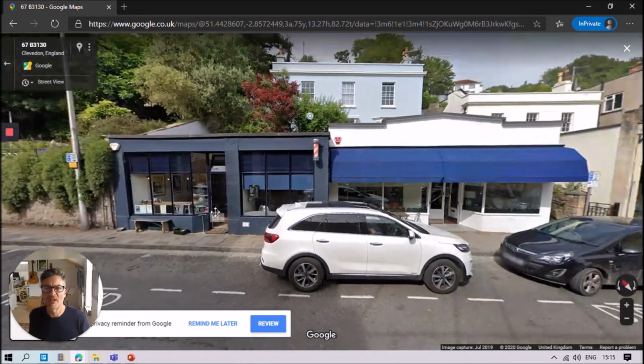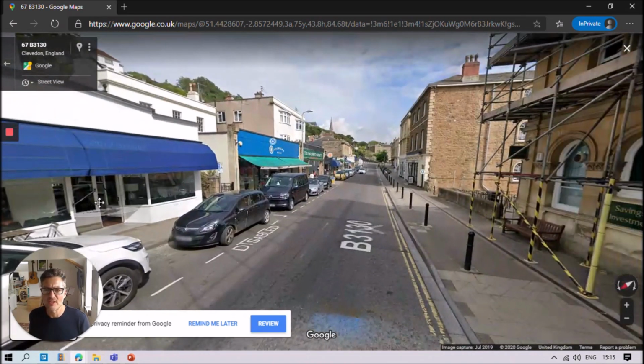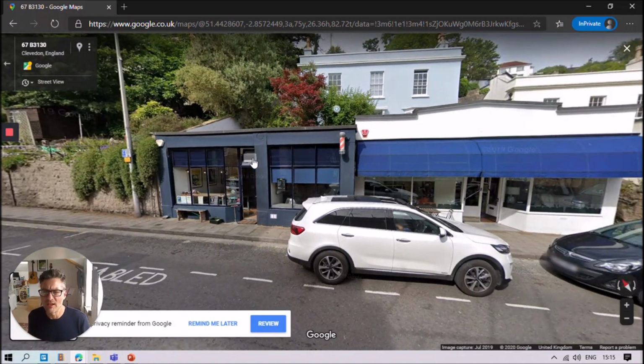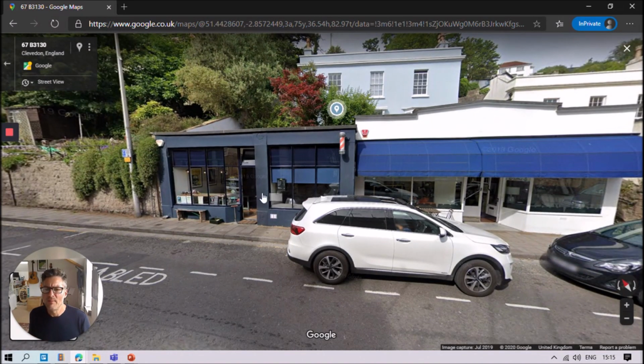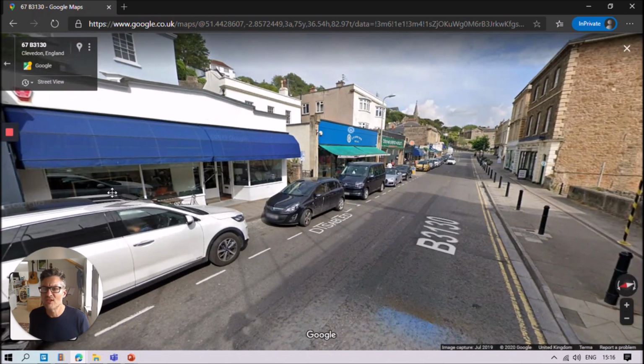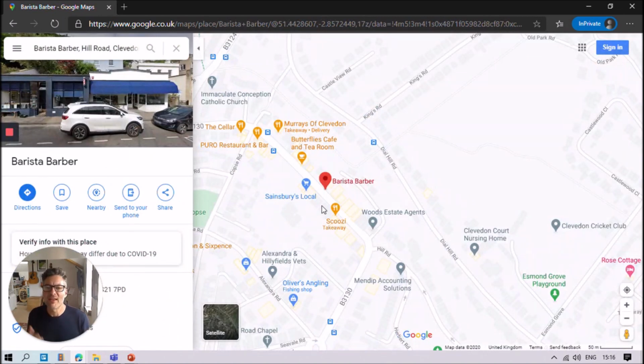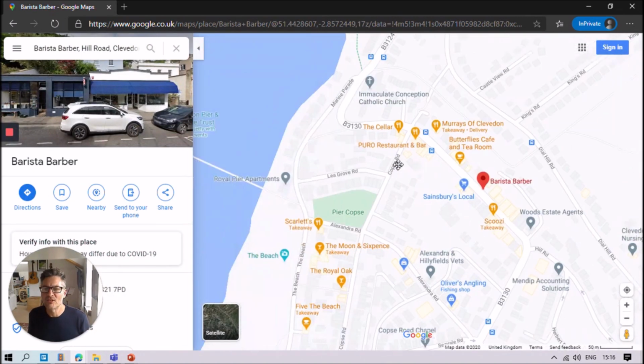I love this coffee shop, and I could talk to you about why I like this coffee shop. This is a street in where I live, or I could show you something else about where I live. I could have chosen something else. I might have chosen this street and say, where do you think this street is? If it wasn't showing it on the top there. But you get the idea. Just share something about your local place.